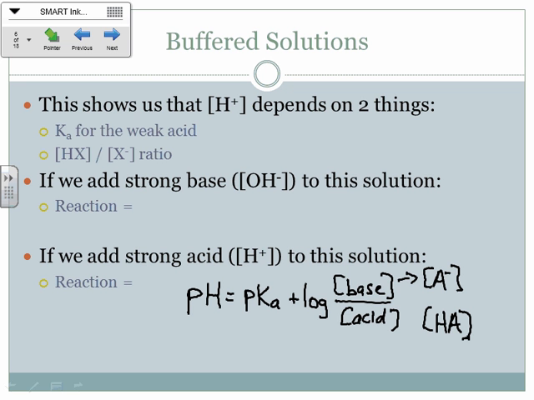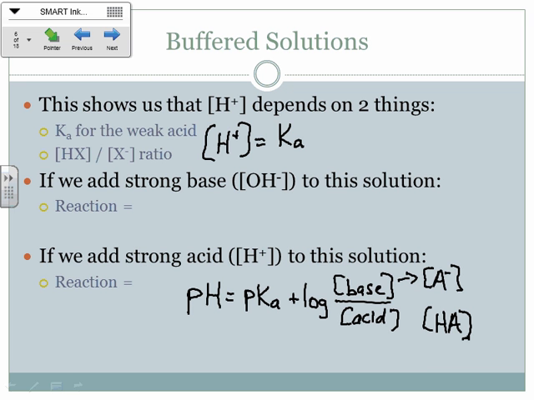H plus kind of depends on two things. Now that's not bad to know. It depends on the Ka for the weak acid, which is where we get this pKa number from. And then it depends on the HX to X minus ratio. So basically what we did to get this equation, up here we would have derived H plus is equal to